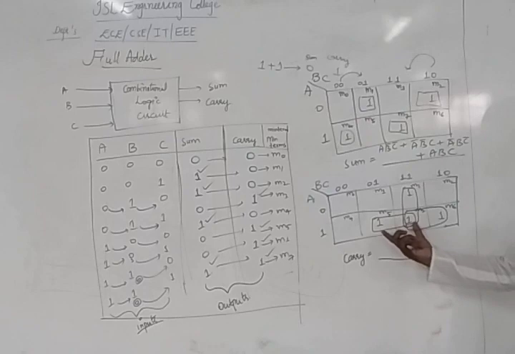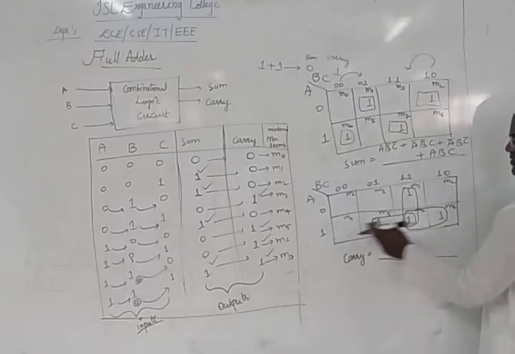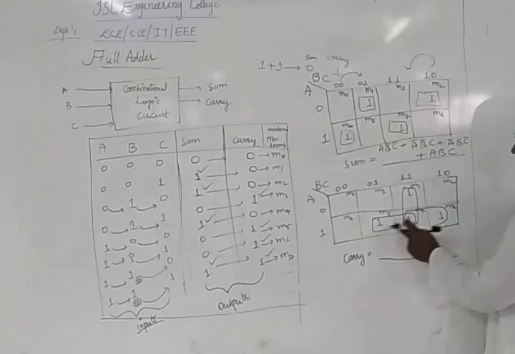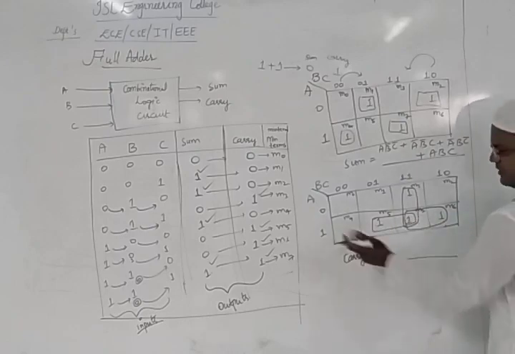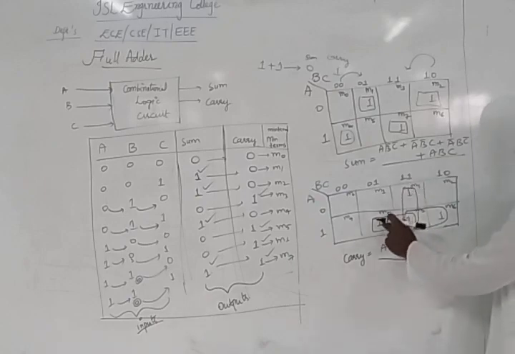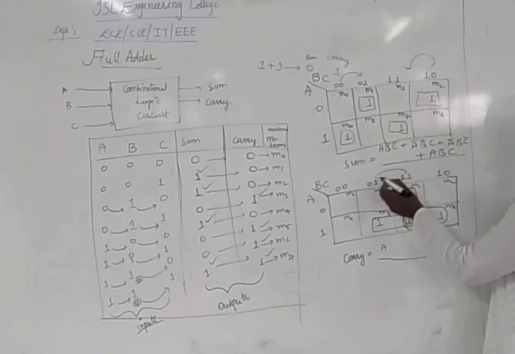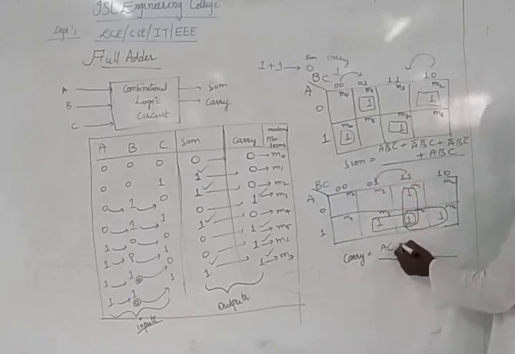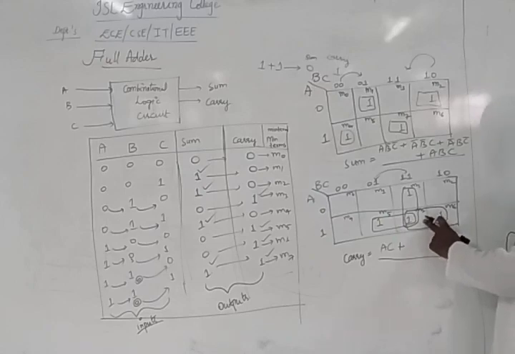We'll write the output for the first one, M5 and M7. So tell me what is the value? A is common for this and this. That means for these 2, A is there. So the A is 1, that is nothing but A. Now this way, we just want to take it. What is common in these 2? As you can see here, C is 1, C is 1. That means it is AC plus. Now go for the next 2. What is the next one? M7 and M6. So how do we write M7, M6?